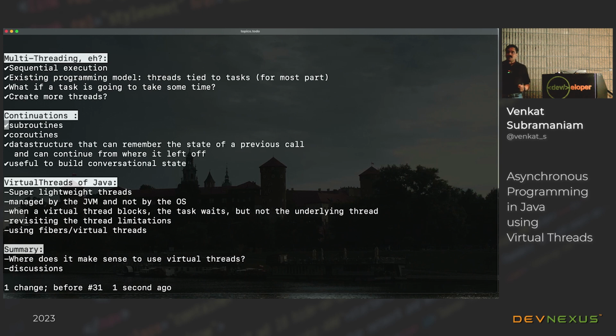Now, when you go to a function, you respond back, and you go back in, how does that function know what the state is? That is what a continuation is. A continuation is a data structure that remembers the conversational state. So you call a function, you come back from it, you go back, and automatically the state gets restored thanks to continuations. Let's get a peek at it just to experience what this would do.